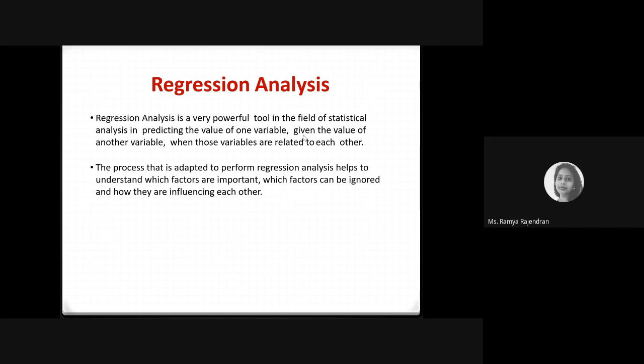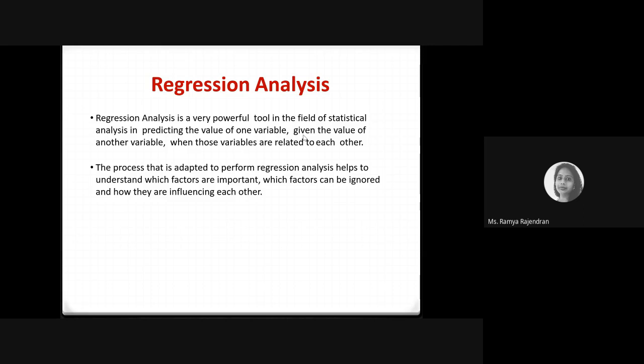In correlation also, we are trying to find out the relationship between two variables. Here, we are also trying to do the same thing, but we are trying to find out how they are related. Correlation just says they are related to each other, and what the correlation level is. Here we're trying to find out what happens when these variables change. When one variable changes, what happens to the other variable, and at what rate the relationship is happening. All these things will be figured out through regression analysis.